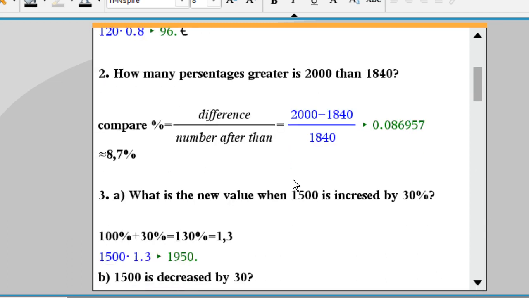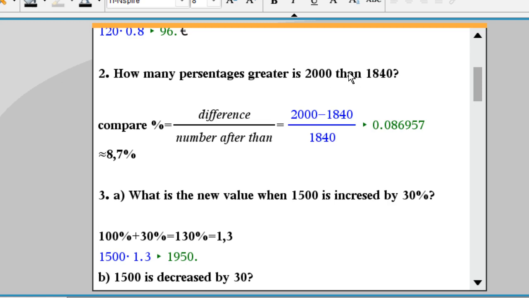Then the second type of percentage calculation is comparing numbers. So how many percent greater is 2000 than 1840? This type of question is quite simple. We just calculate the difference of those numbers, and then we divide. The only thing here is which number we are using to divide with, and it is